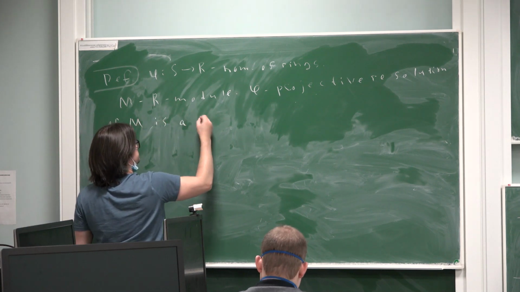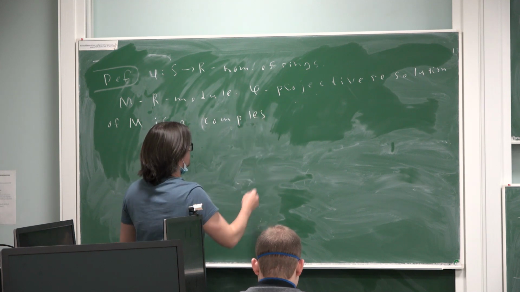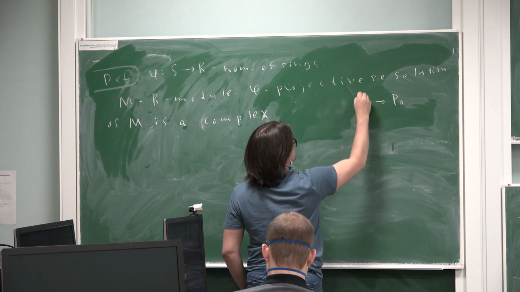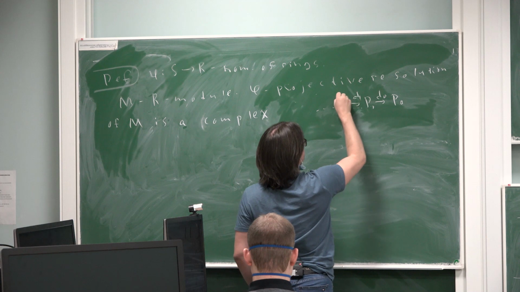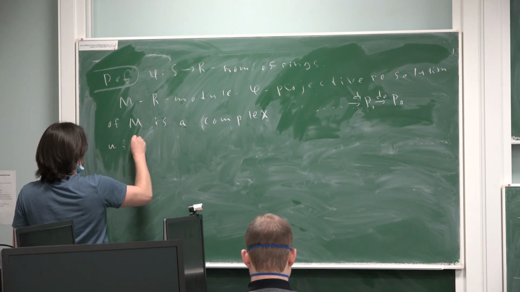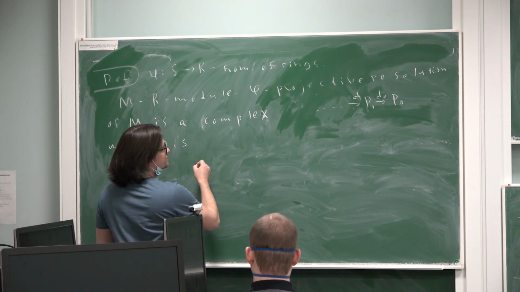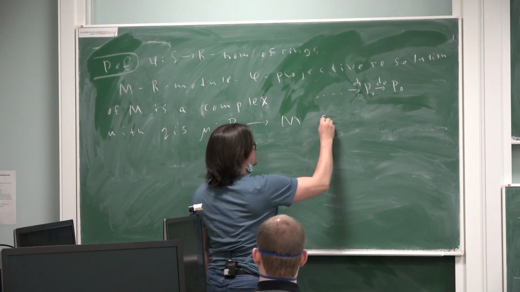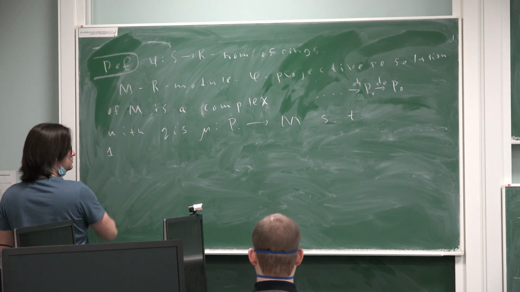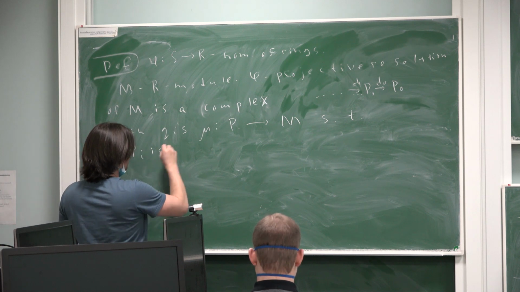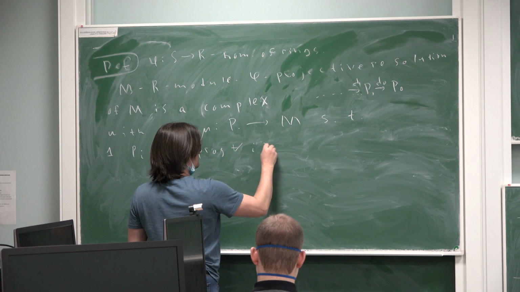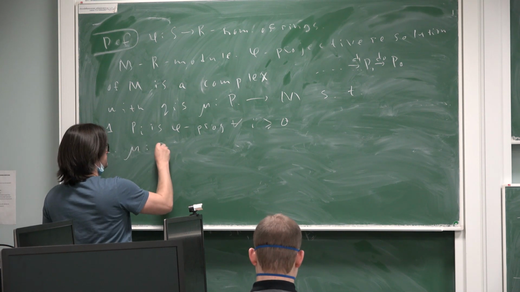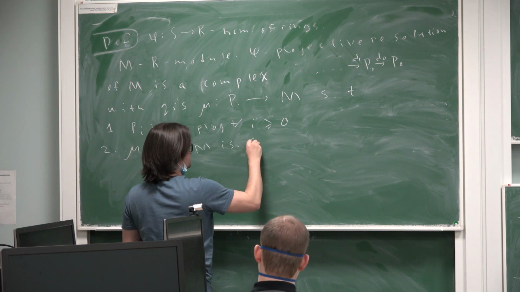is a complex ... zero, so on, here T0, T1, with quasi-isomorphism mu from P to M as usually, such that first Pi is phi projective for any I. Second, mu from P0 to M is a split,